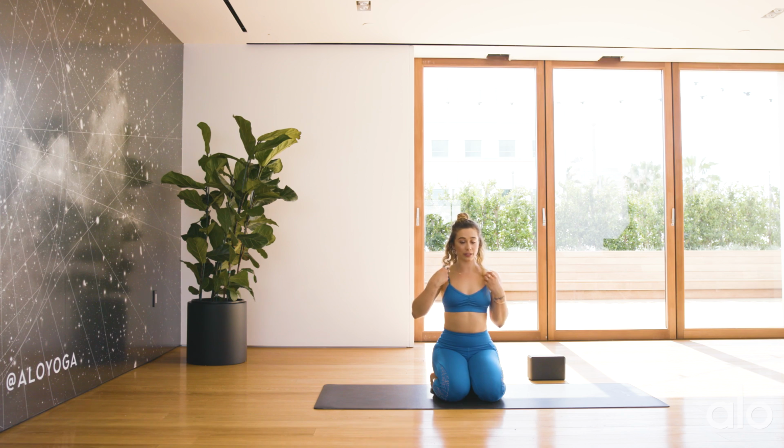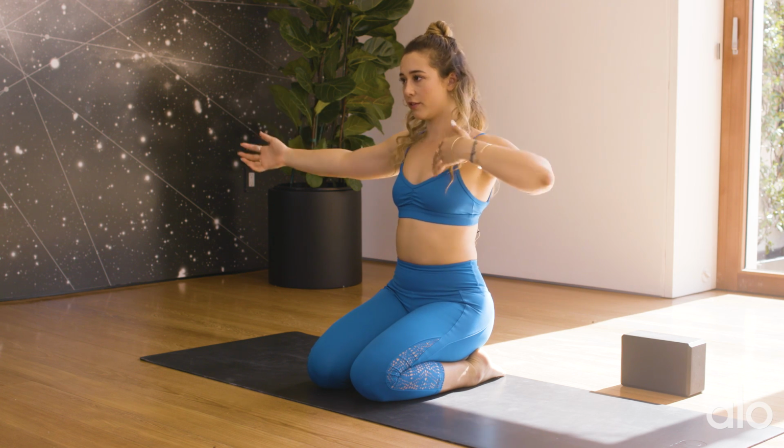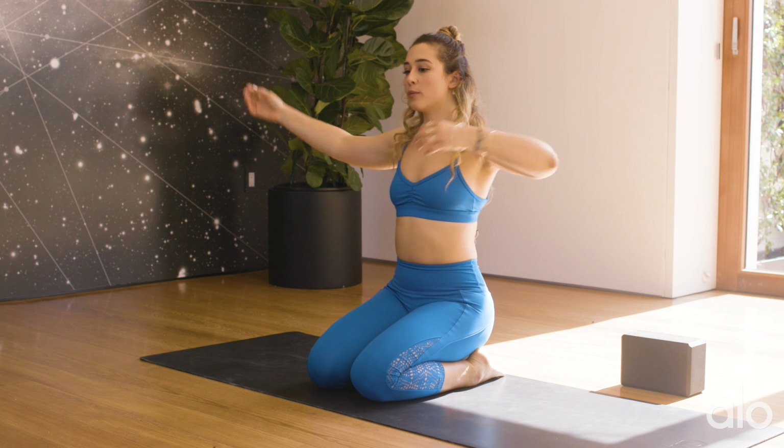And we're going to do one more round here. It's going to be a little bit different. So your arms are going to go out to your side. You're going to bring your left hand in towards your chest and then your right. Inhale, exhale, inhale, exhale. So you can start off, and you can start now, by thinking about whatever it is